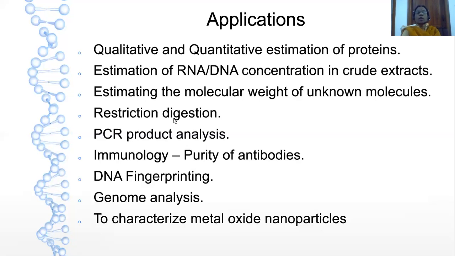And then, if you have performed restriction digestion using a set of restriction enzymes, take the genomic DNA of a bacterial cell and subject it to restriction digestion. Maybe you can use a single restriction enzyme or a combination of one or two restriction enzymes and check how many fragments we generate. That also we can find out through electrophoresis. And we can also use electrophoresis for PCR product analysis. Suppose we have a set of primers. These primers will specifically amplify a particular DNA fragment exclusively.